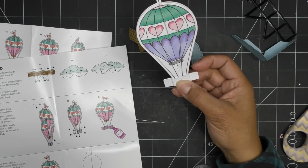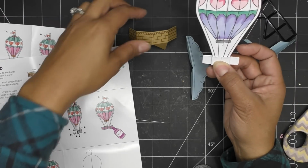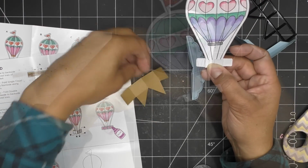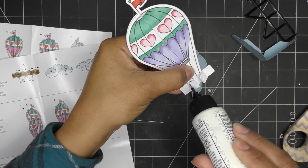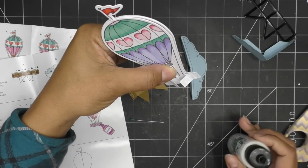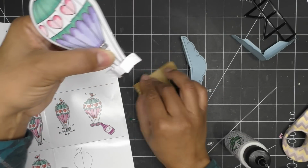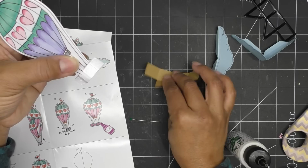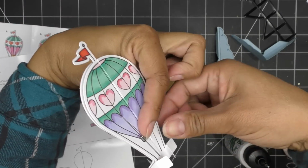then like this. I know it might be a little hard to tell what's going on, but we're gonna take that and then we're gonna glue it to our base here. I heard someone coming down and they didn't respond, so they might still come down, but we're putting glue on these tabs. Again, just these two are facing in, and then the other two that are sticking out. And then you're gonna take your basket. I'm gonna put it face down with the glue tab to the left. And they're saying just turn this over